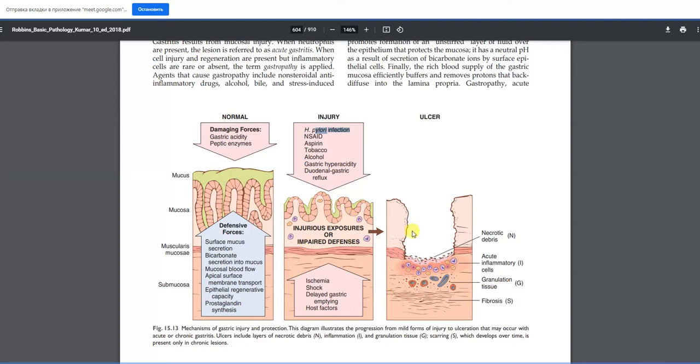It not ruptures the lining. But in ulceration, we don't have stages of this. Directly after epithelial lining atrophy, it reaches the muscularis mucosa. We don't have injury just by stages here, here, and here. If it ruptures, all of these portions below the mucosa and muscularis mucosa are destroyed by gastric juice, and it reaches directly, of course,